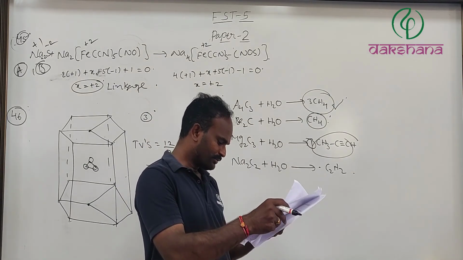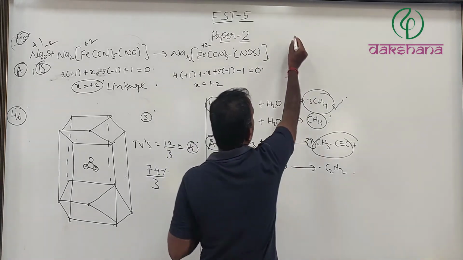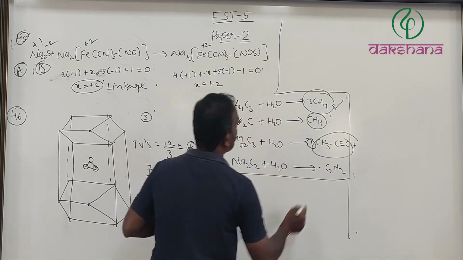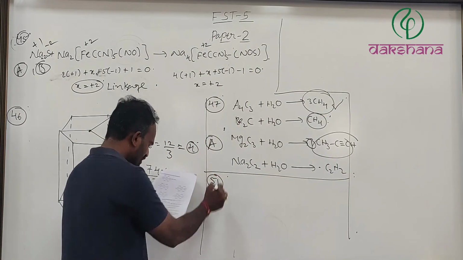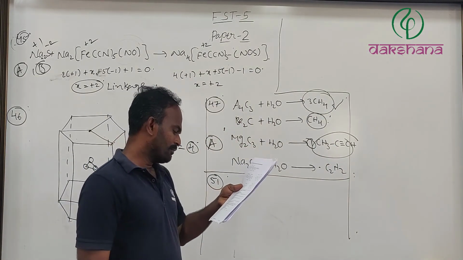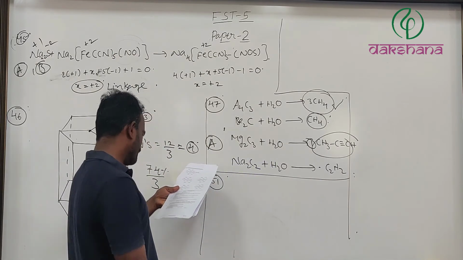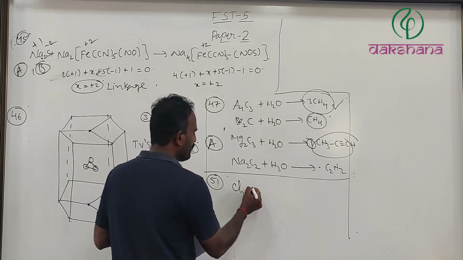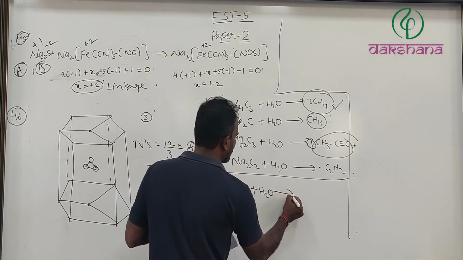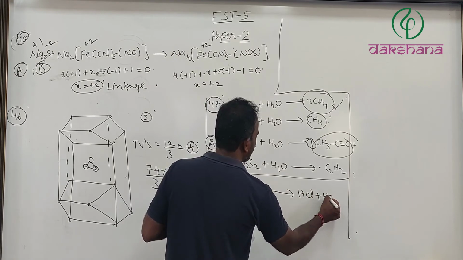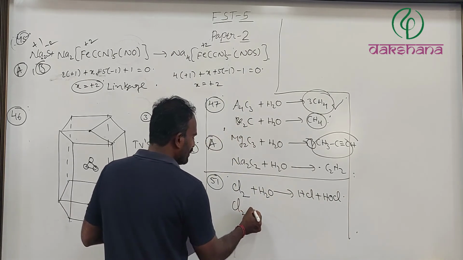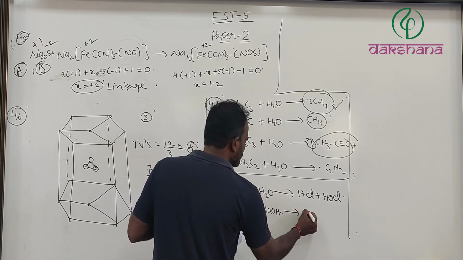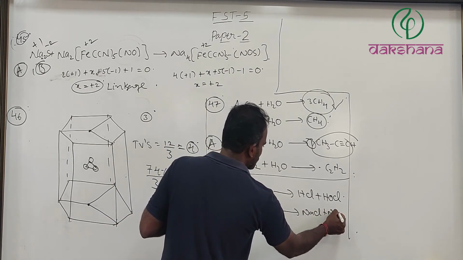Next, question number 51. Some paragraph is given: chlorine disproportionates in basic as well as neutral medium. Chlorine in neutral medium, when it reacts with H2O, is converted to HCl plus HOCl. True. Chlorine in basic medium, for example with NaOH, gives NaCl as well as NaOCl